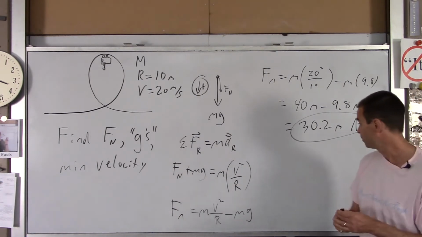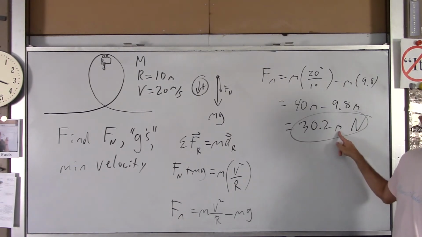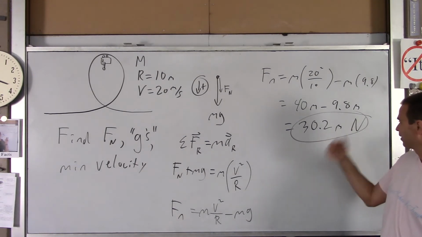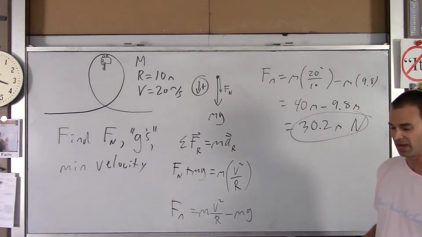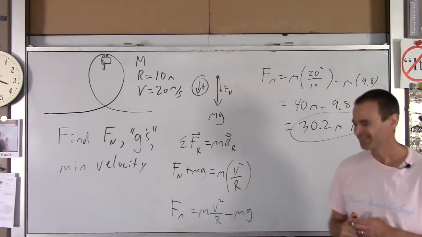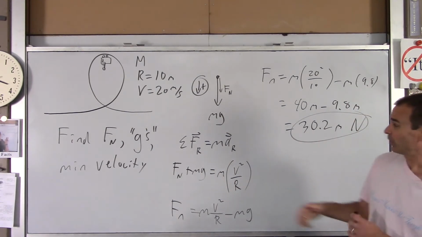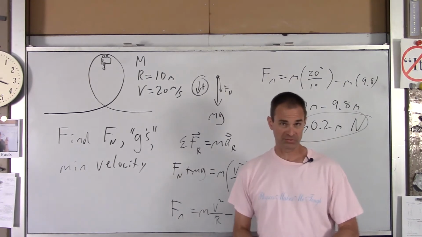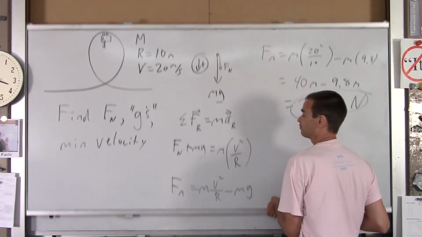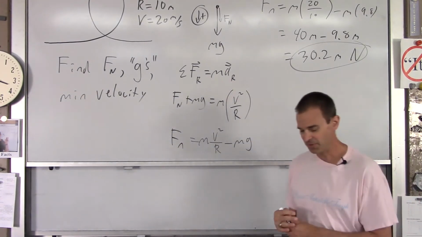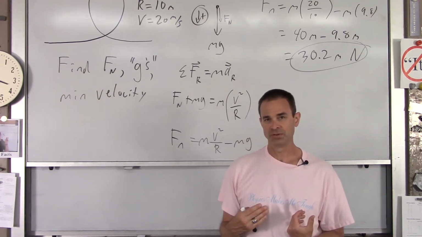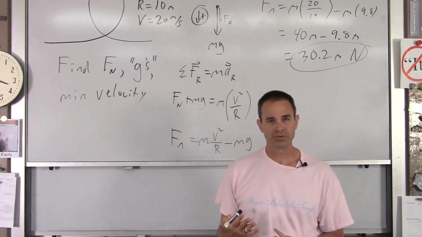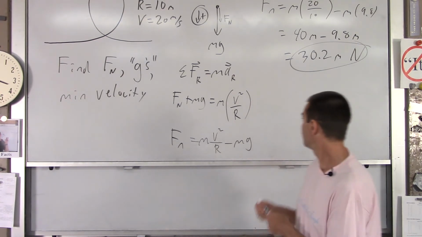So for instance, if you put, let's say, a 60 kilogram passenger in there, they'd feel about 1,800 newtons of force acting on their derriere. Okay. Now, the next question we ask is how many G's does a passenger feel? Well, that's really simple. How many G's they feel is simply a ratio of the force that they feel versus their weight. Okay? So G's,